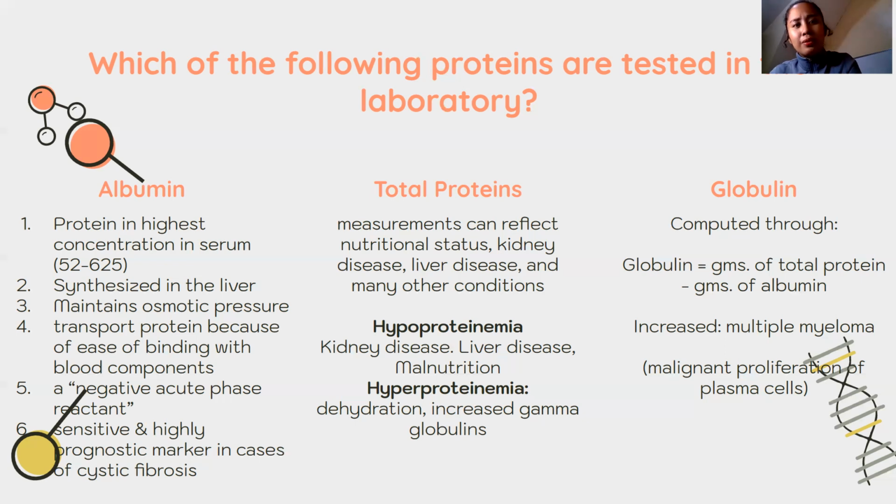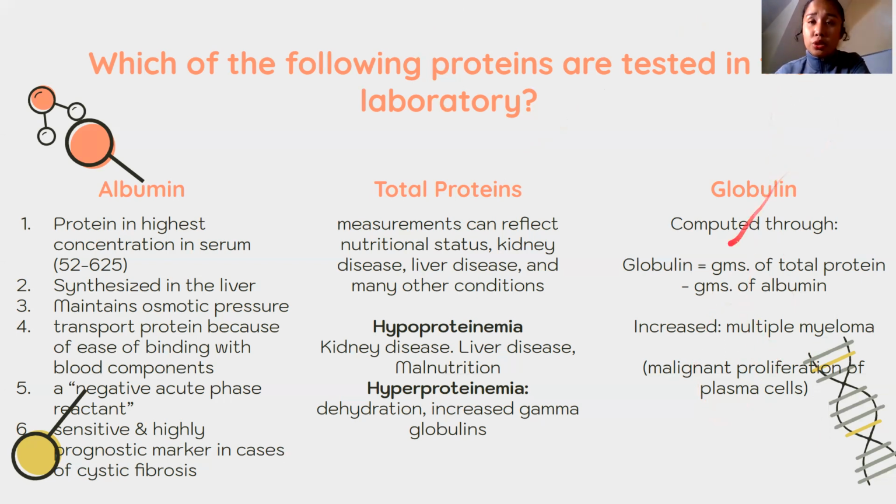The person does not have enough plasma. It's not that the plasma in circulation is water. Yan. So if there's not enough water, your proteins are not diluted. Hindi sila na-dilute. Nagmumukha silang marami. Hindi dahil marami sila, but dahil konti ang fluid sa katawan. Yan. Hyperproteinemia happens in increased gamma globulins. Example, multiple myeloma, if there is proliferation of plasma cells.